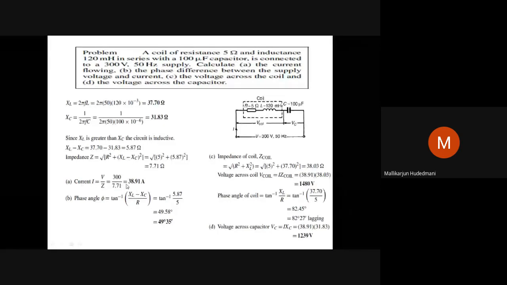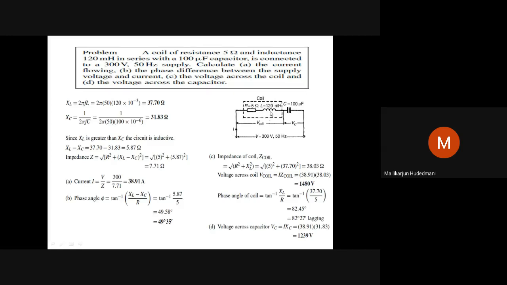You can see side by side product here, 1480 volt. Then the phase angle of the coil I can get, because the total circuit is inductively dominated. I can get the power factor of the circuit, the power factor of the coil. I can get two values. Now, the value I got is the phase angle of the entire circuit, but I want to know the phase angle of only this coil.